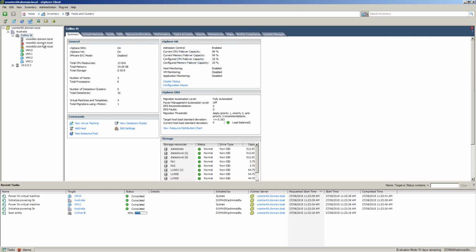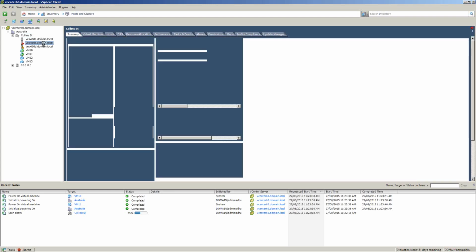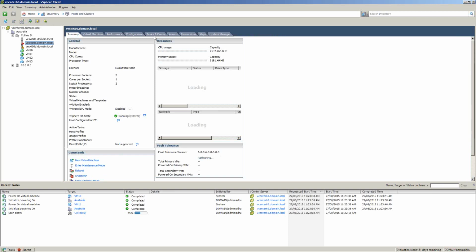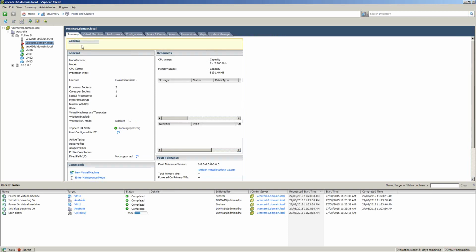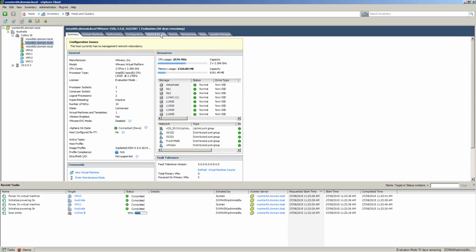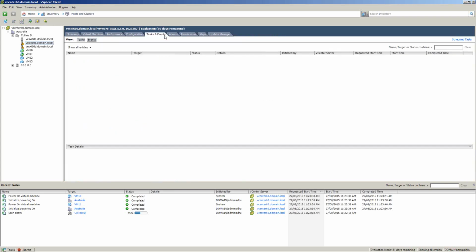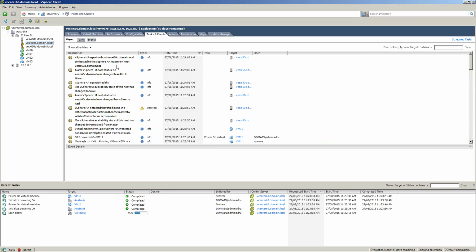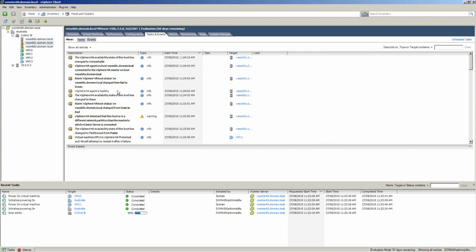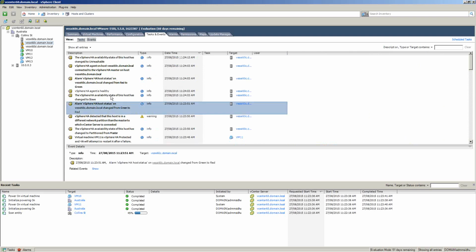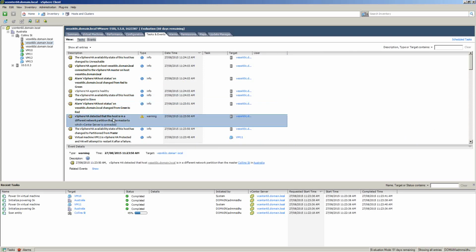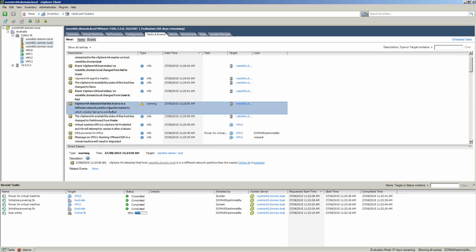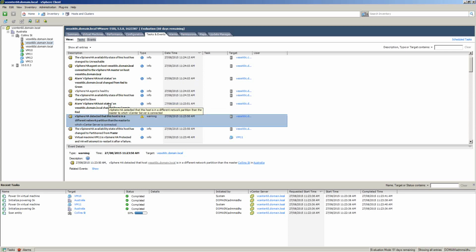That host has gone red for some reason. That might just be a usage alarm. These hosts are tiny. Okay, I don't know what that was. Green to red, it was green to red. Oh. There's a quick network partition occurred there for some reason. Just quirky things like this always occur in a home lab.